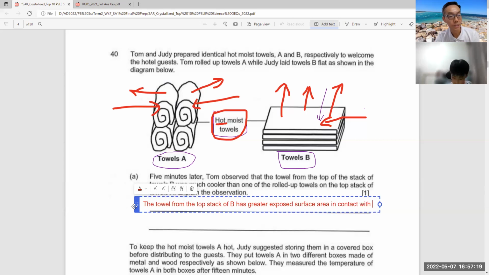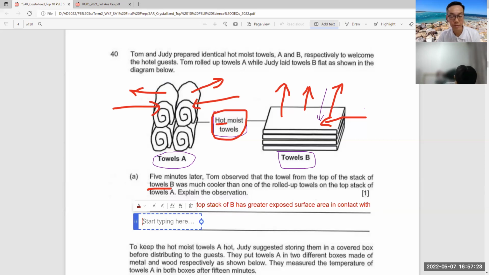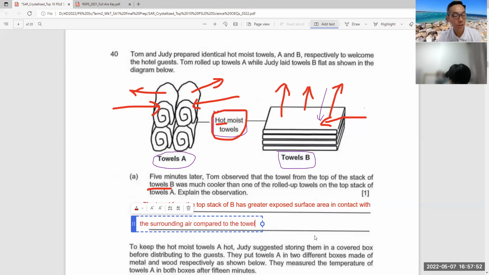In contact with the surrounding air, compared to the tower on the top stack of A. Therefore, the tower,